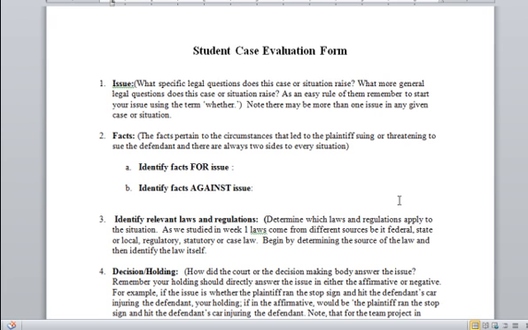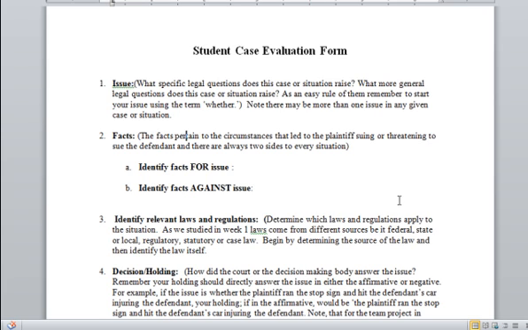And when you're looking at the facts, when you're evaluating a case or when you're evaluating your hypothetical, you're looking at what circumstances led to the plaintiff wanting to file the suit or the plaintiff filing the suit. And those are actually the facts. Now there may be some additional facts with regard to the issue itself, but those are the facts that you're focusing on. So you have to paint a picture,